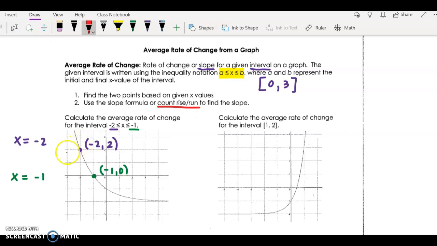So here I'm going to go from left to right, and I'm going to count the rise, -2, and the run, +1. So my rate of change for this function over the given interval is -2 over 1, or simply put, -2. For my next example, the first x value given is 1. So I'll find the point on my graph that has an x-coordinate of 1,